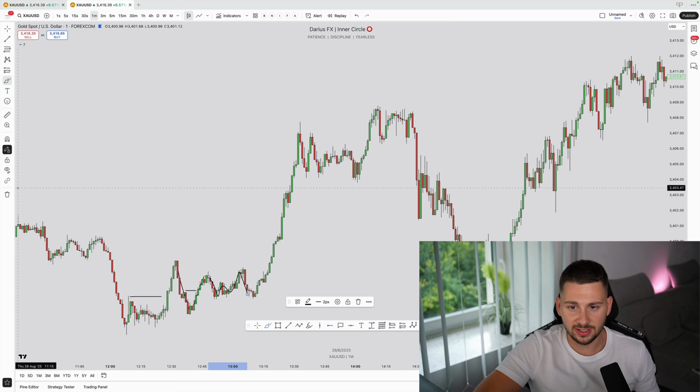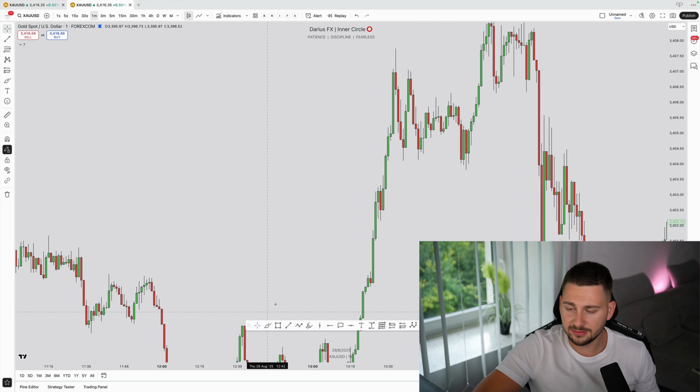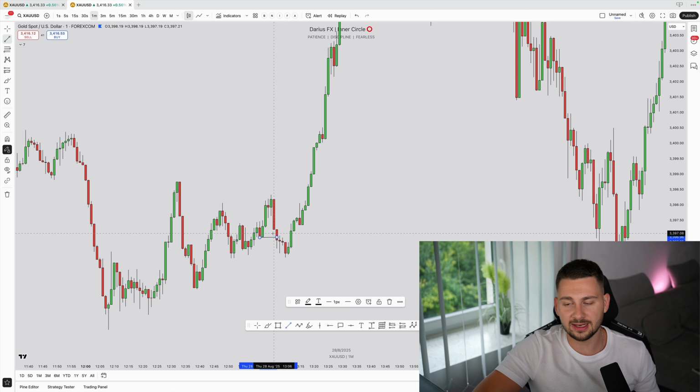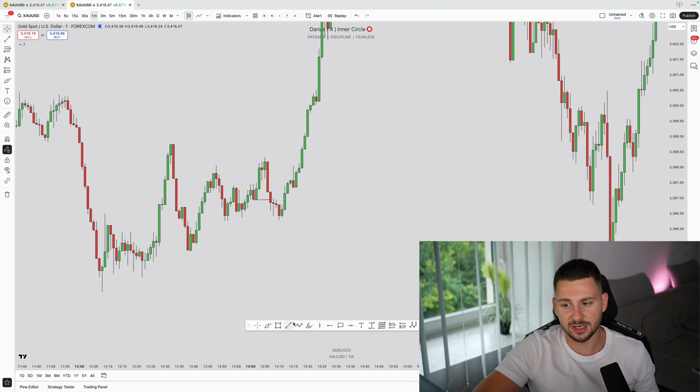What happens now here, right here, let's just zoom in to see it very detailed. Price is actually printing through this low, prints a new lower low, right? So this was a higher low, and now we break through it, and now it's bearish, all right? So this is exactly where most people will now figure out and say, oh my God, this is bearish, and so on. And this is exactly the thing with breaking structure, right? We will cover this up, but basically, this is where most people will actually not understand how to use market structure the right way. And that's why market structure alone is actually not so powerful, but it's the roadmap of the market, and you will need to use market structure in terms of understanding where it needs to go.